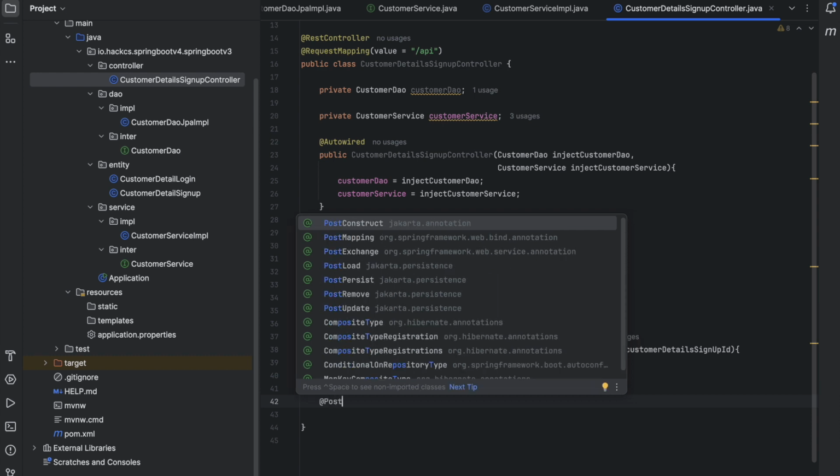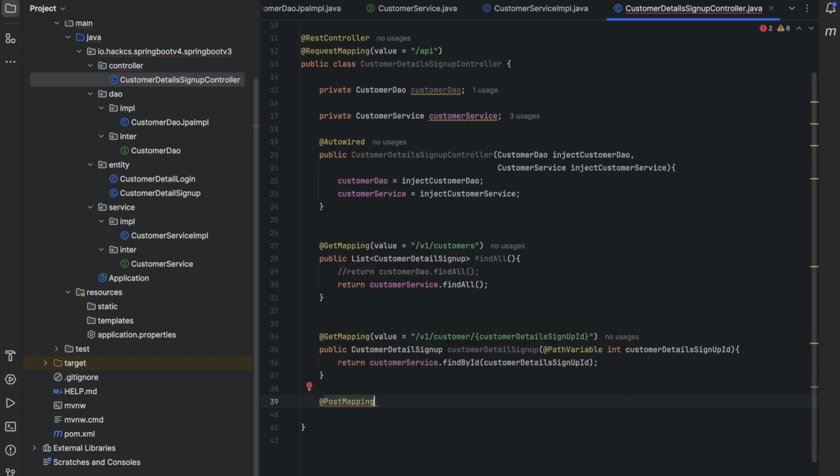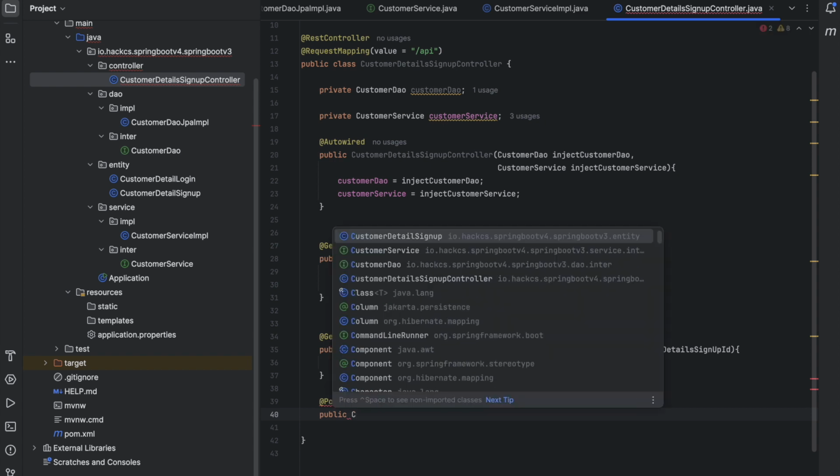Now we'll have post mapping. Always make sure you define proper mapping, because sometimes people use request mapping, which is not wrong, but it is also not right. Always do the right thing, or a better way of writing your code. This is also a public method, customer detail sign up,